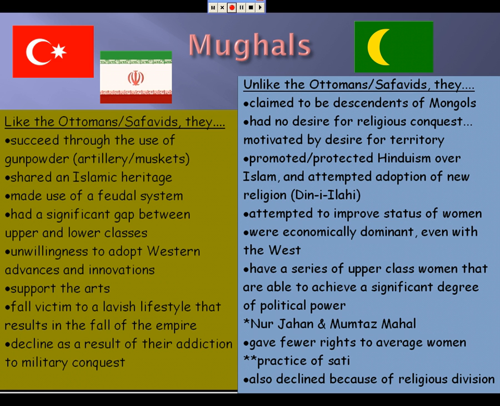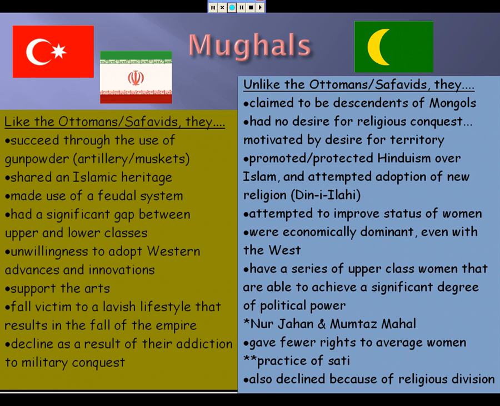So again, they're not doing this to spread their religion because they don't have a single unifying religion in India. They're pretty well split between Hinduism and Islam and even a little bit of Buddhism and Christianity. That is going to factor a lot into how the Mughal Empire is shaped. They have to keep all of these groups happy, or at least living in peace with each other,